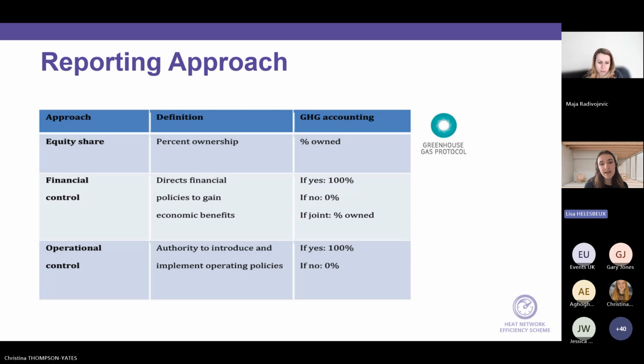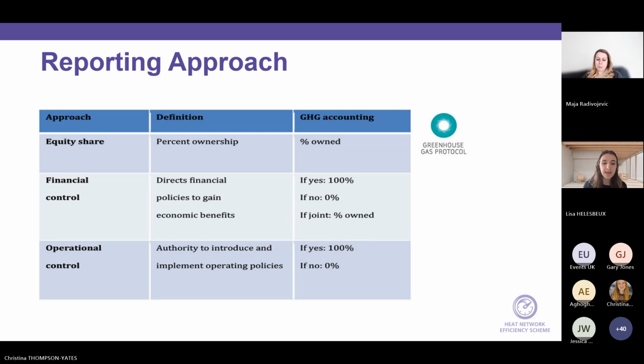So there are essentially 3 different reporting approaches identified in the greenhouse gas protocol. The first one is the equity share approach. This is relatively straightforward. The idea is that you report emissions based on how much equity you have in an asset or a business. So if you own, for instance, 60% of an asset or a business, you would account for 60% of the emissions arising from this asset, and the other party or parties that hold the remaining 40% will account for the